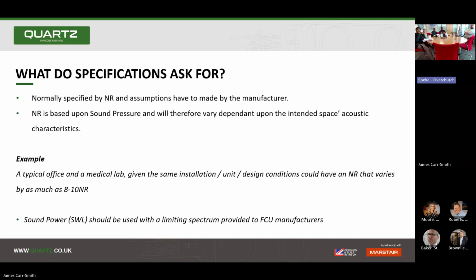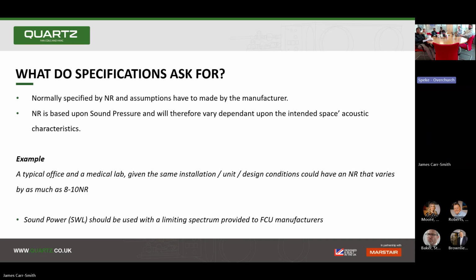But the NR relies on assumptions being made by a manufacturer. So if it's a typical office, then we or other manufacturers will have an idea in their head that we're talking about a large space. There might be reflective surfaces, there might be glazing. So you apply some knowledge to that in order to make the best selection, so that when that equipment goes in and you want an NR of say 25, we give you 25 or 35, and it doesn't end up being something different. So as we said, NR is based on the sound pressure,